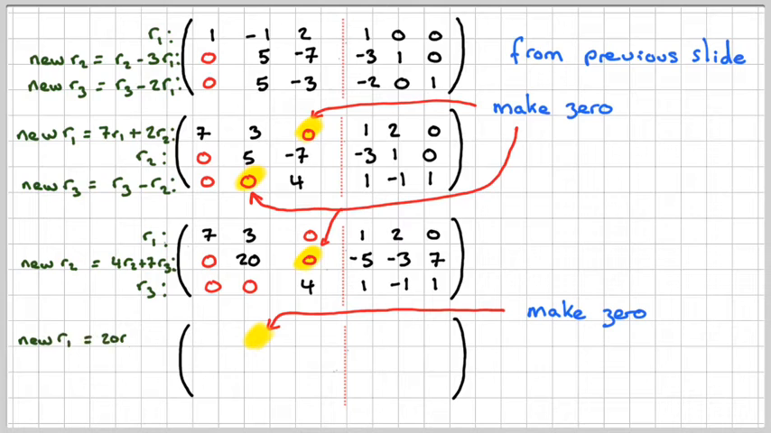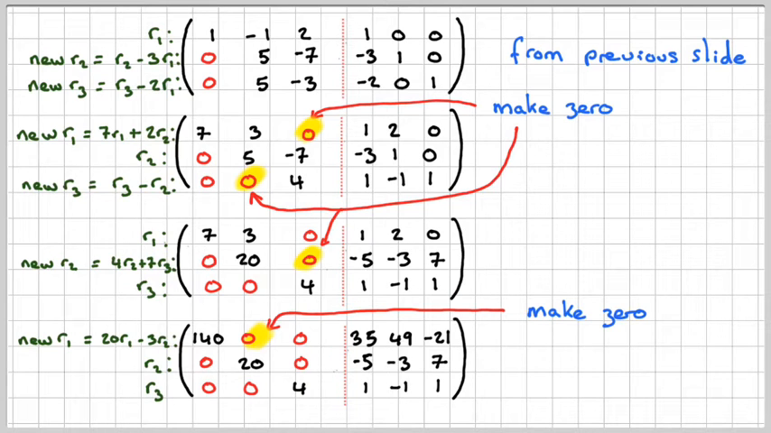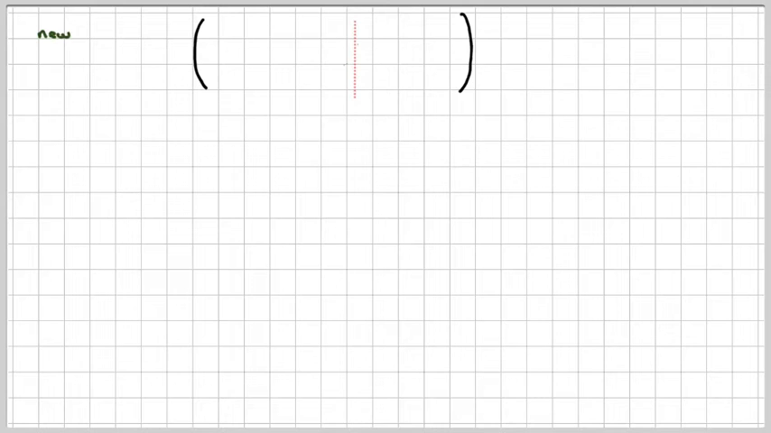Okay, so we're going to do that by doing 20 row 1 minus 3 row 2 on the previous ones here. So that will give me 140. Then we'll make that 0, 0, and then you need to apply it to all these as well. And then the other two rows we're just going to keep as they are in the previous matrix. Okay, so we're nearly there. We just need to make these all 1. Okay, so write that out again